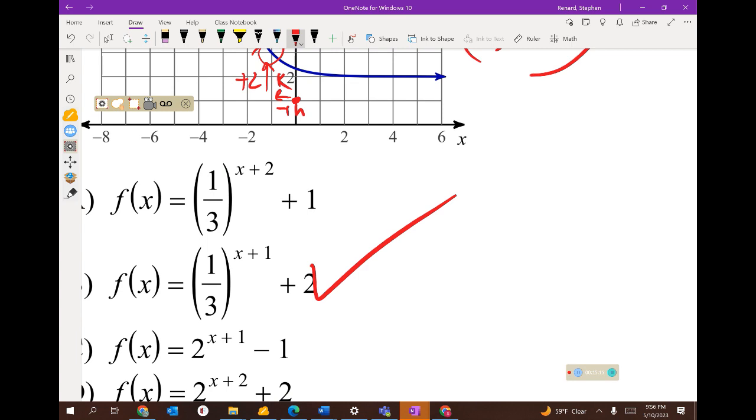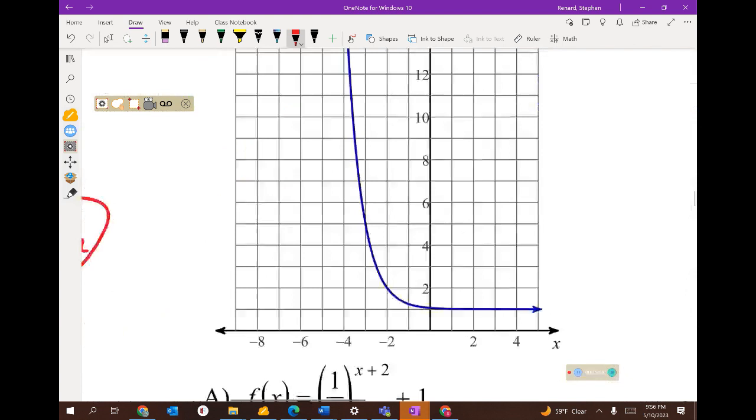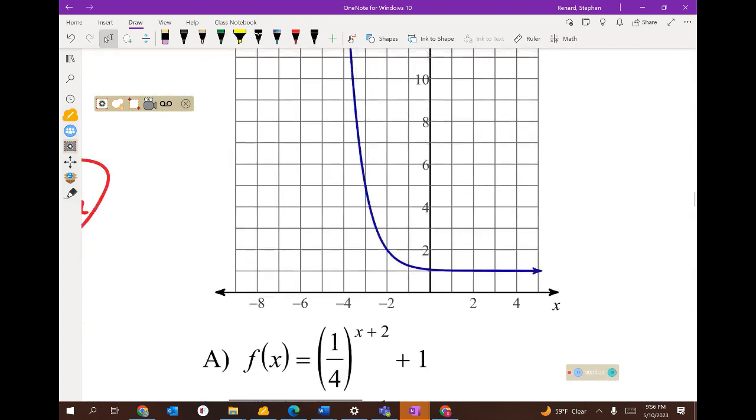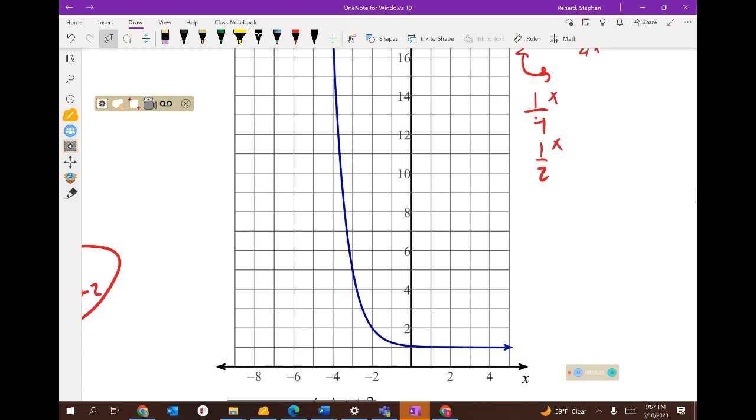Once you understand the basics of it, it should flow fairly quickly. So, fourths we're looking at. Cool. There's a 1/4 and a 1/2. But it doesn't really matter. So it's a 1/4 or a 1/2. Right? Because we know because it opens this way. If it opened that way, up to the right, this would be 2 to the x, or 4 to the x. But because it opens up to the left,